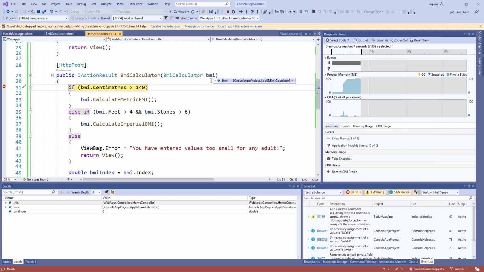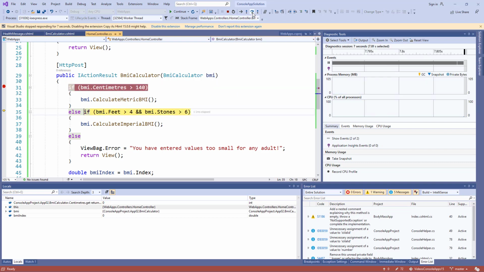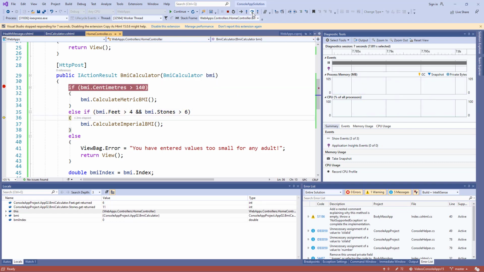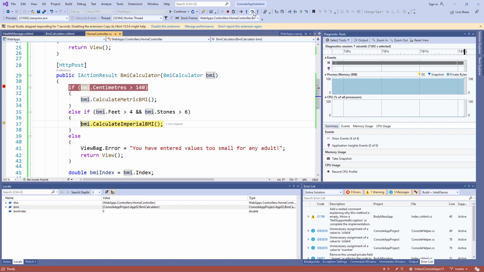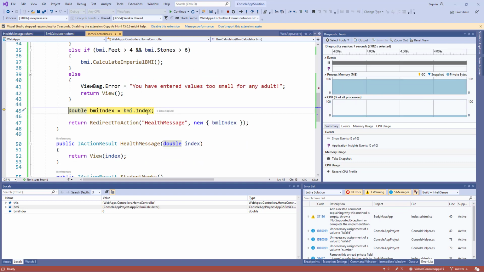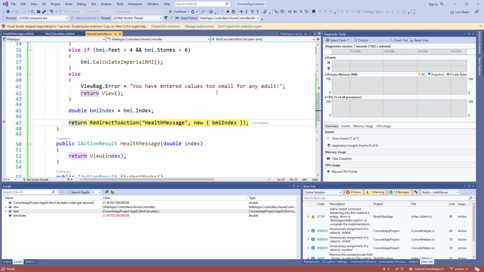Okay, so here's our BMI calculator. Notice the index value is 0 at this point. If I step over, it's going to go and call on the calculate imperial. I'll step over that. Having done that, it should now have a BMI index. Yes, there's the BMI index of 21.56, etc. So if we step on, it's now going to redirect itself to,